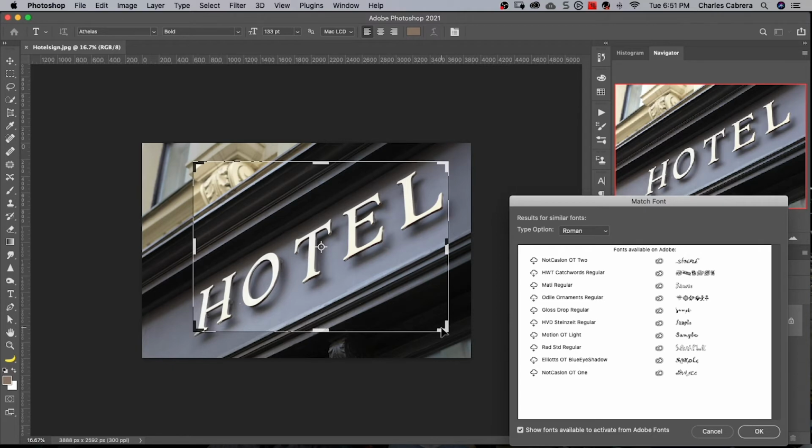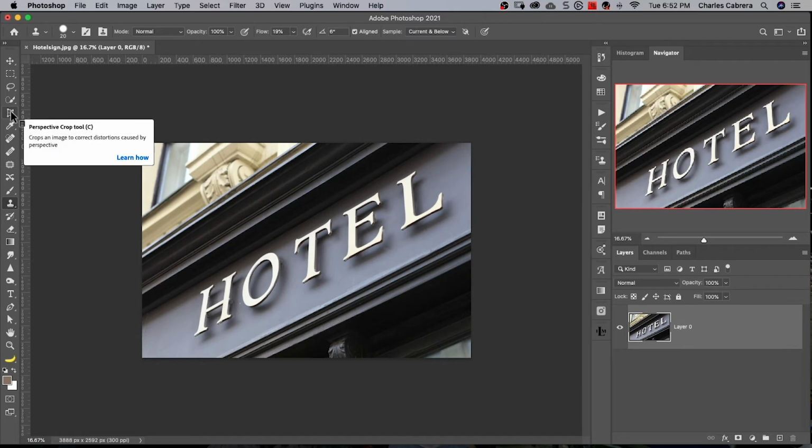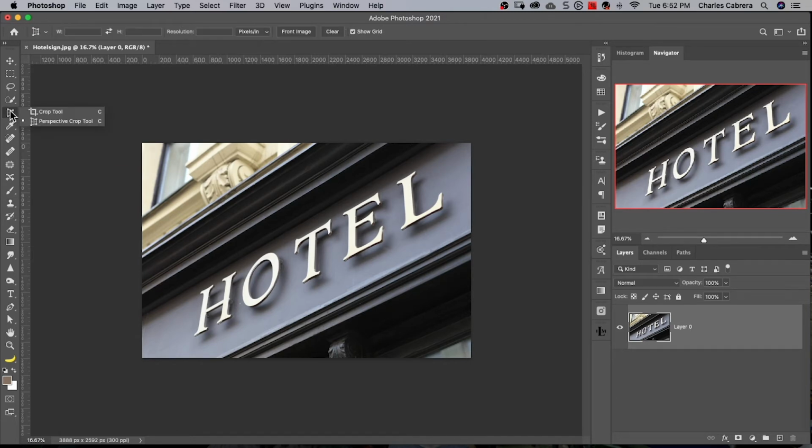If the image is not straight or the perspective is off, you may need to correct the image before using match font. So I'm going to cancel out of this, and I'm going to use something called Perspective Crop Tool. I'm going to start by using the top of this building right here, or this ledge, as a guide, and try and match the perspective